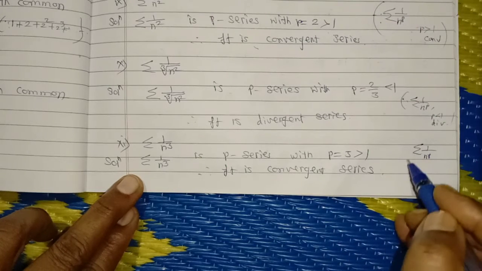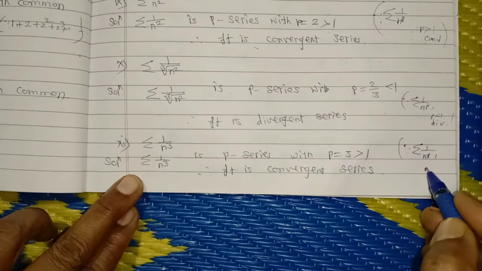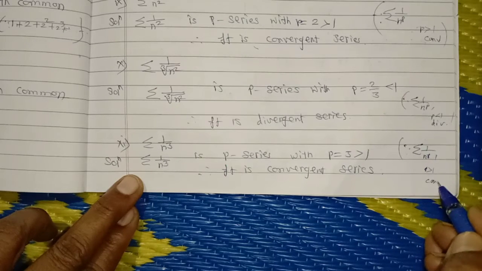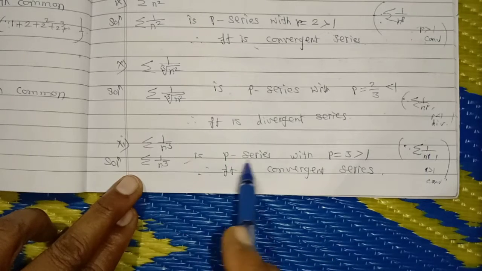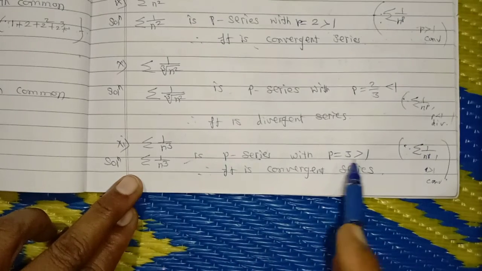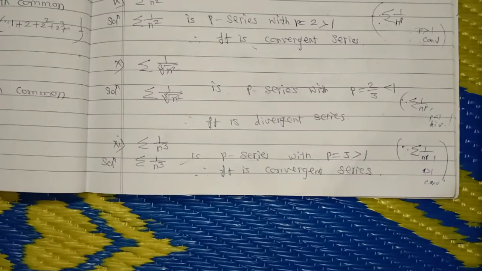And for p greater than 1, given series is convergent. Here p equal to 3. Hence given p, which is greater than 1, hence given series 1 upon n cube is convergent series. Next example is